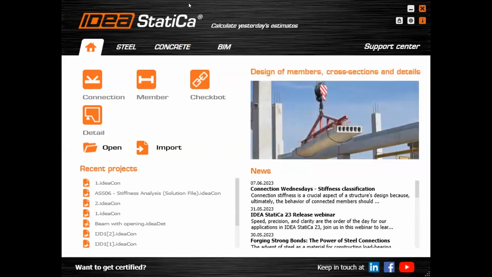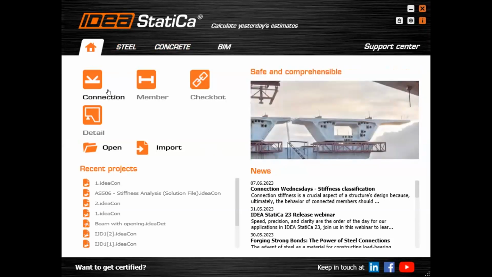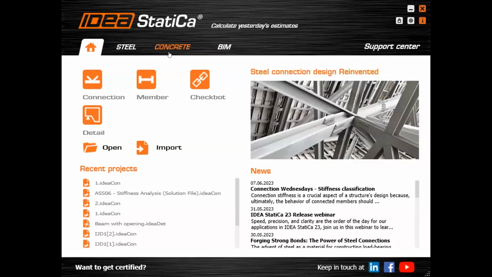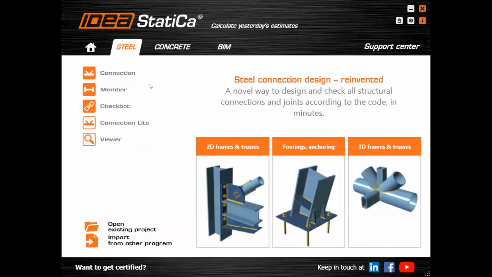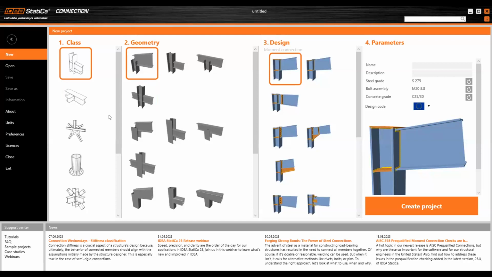Okay, so with the Idea Statica connection, we have this. In Idea Statica, we have these main applications. For the concrete, we have this, as I showed previously, and for steel, here we have some applications. Now we are connecting to the connection application. And Idea Statica, first of all, lets you, so as not to create the model from the very beginning,